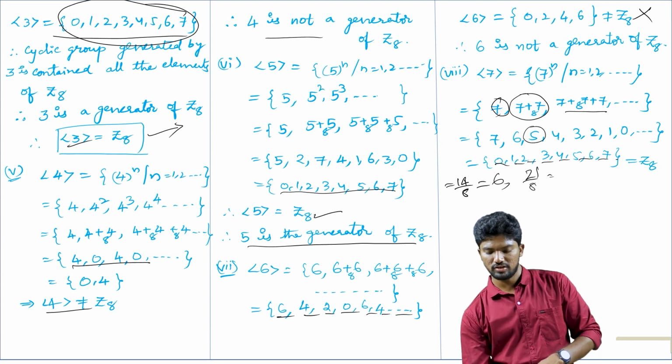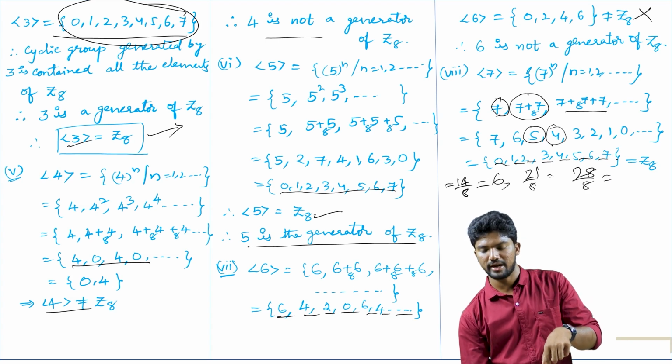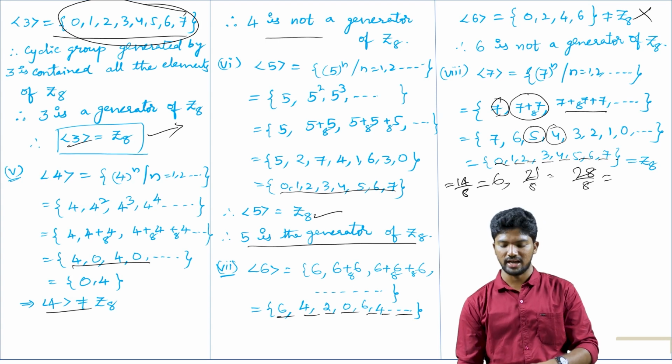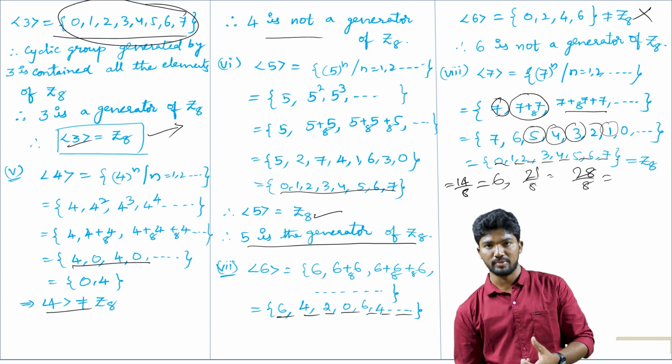Next 7 fours are 28. 28 by 8. Okay, up to 24, the 8 table cancels. Next 4 is the remainder. Those remainder values only we are writing here. Okay, next 3 remainder, 2 remainder, 1 remainder. Next, after a finite number of steps,